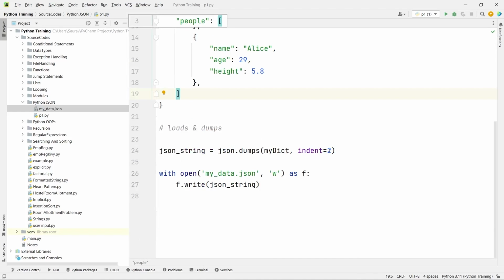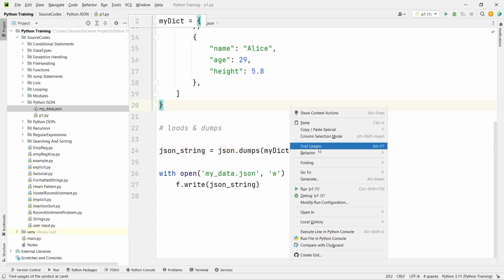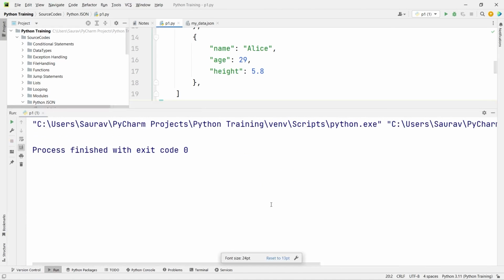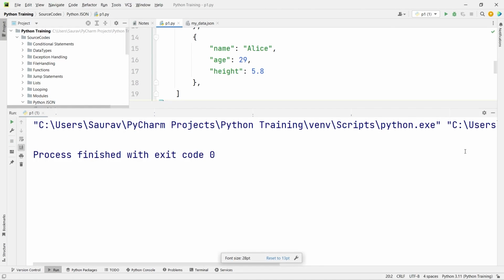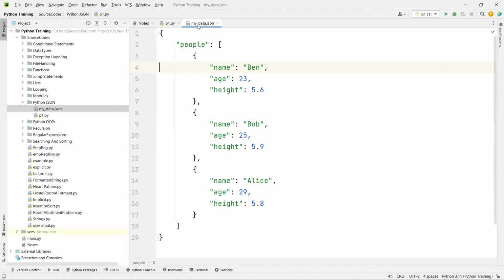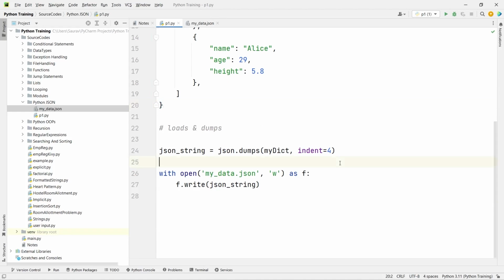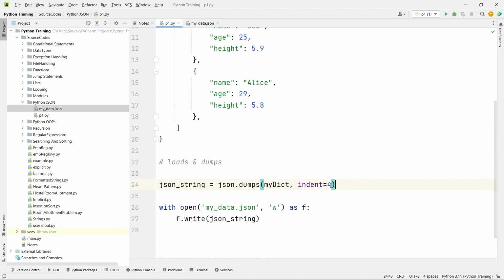Similarly, if you just say indent equal to 4, it will indent it by 4 tabs. It will look even more better. Let me run this here. And let me open the JSON file again so that you can see this. Yeah, here you can see this has proper 4-step indentation. Okay, so this is actually a multiple of 2 or 4 or whatever you want. By default it should be 2 or 4, which works perfectly fine,